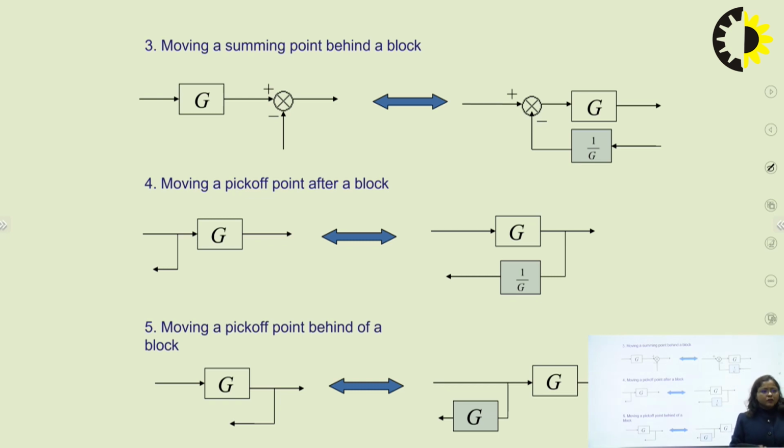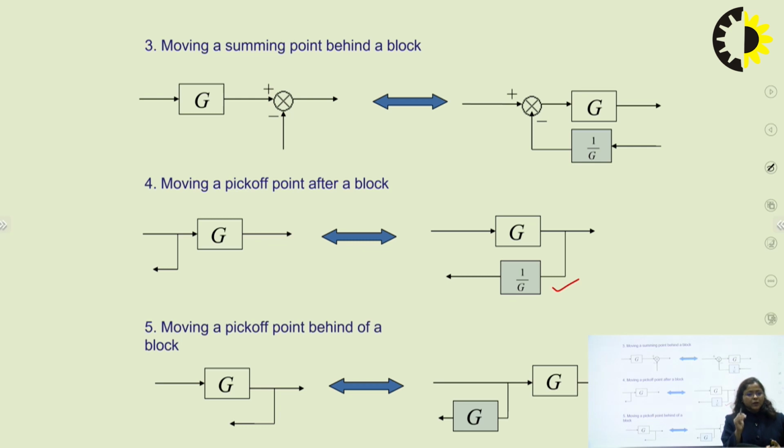Similarly, for takeoff point, the rule is opposite. That is, if we have to move a takeoff point after a block, feedback gain is divided by forward path transfer function. And if we have to move a takeoff point behind the block, after to behind, then the feedback gain is multiplied. So we have to learn only a single rule for summing point, and takeoff point is the reverse of that. For summing point, if we have to move a summing point after a block,